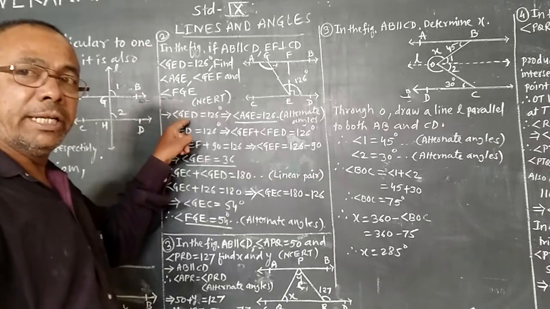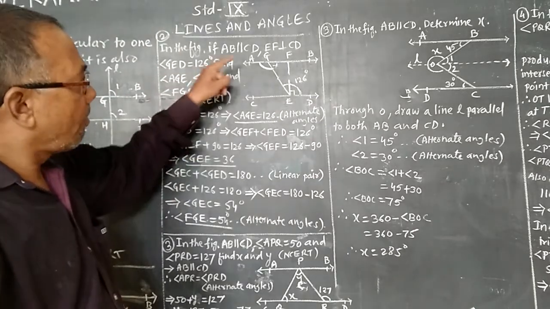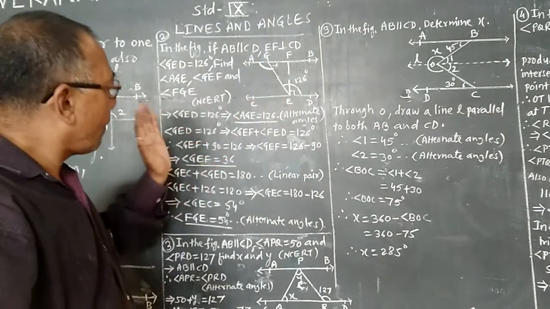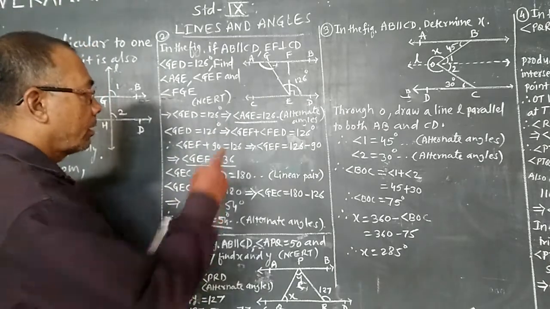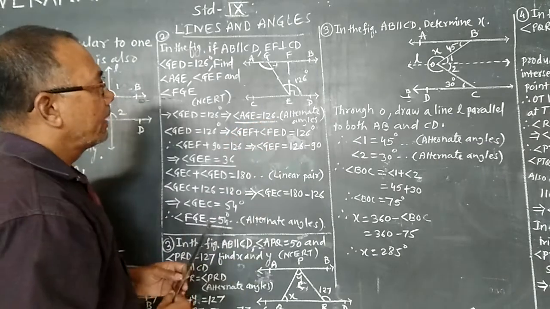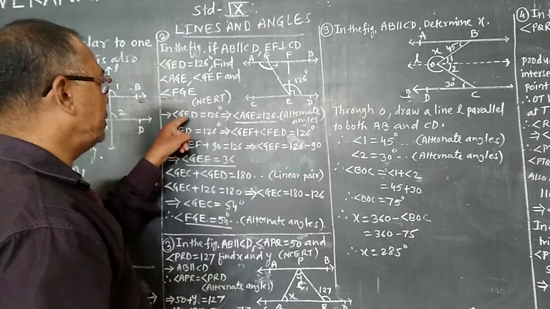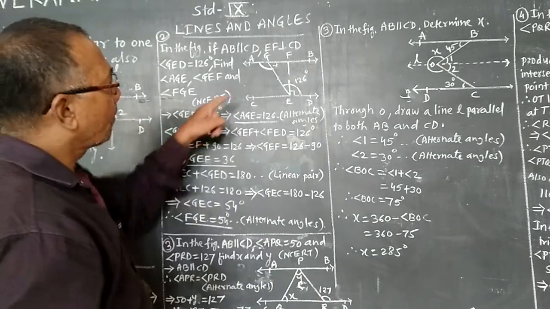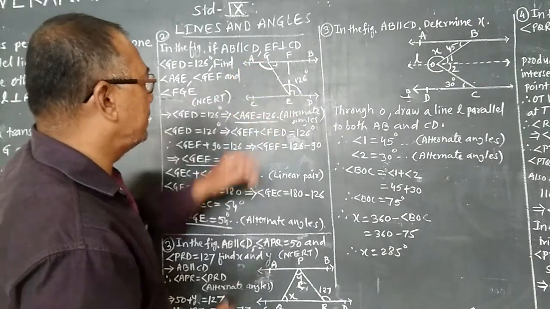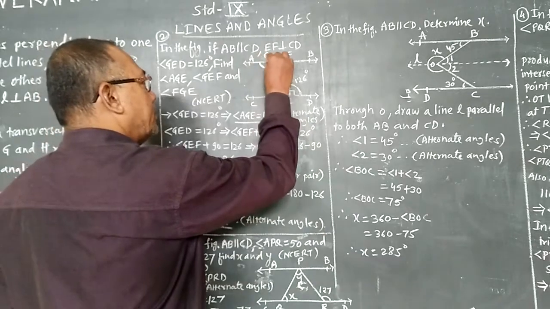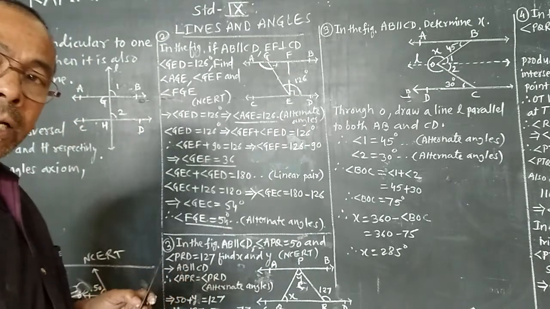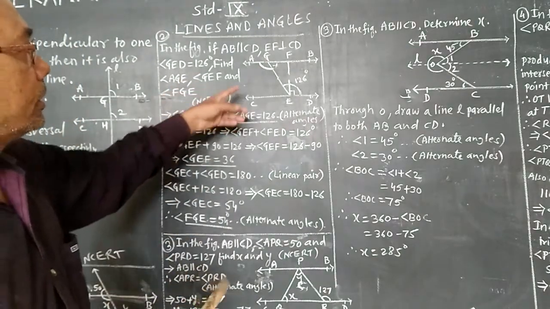Here angle GED is equal to 126 degrees. Here GED, this is 126 degrees, it is given. But here angle AGE is equal to 126 degrees. Why? Here angle GED is 126, and therefore AGE means here AGE and GED, they are alternate angles formed due to the transversal